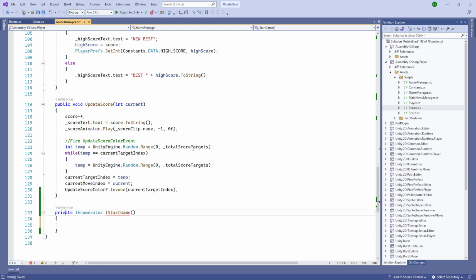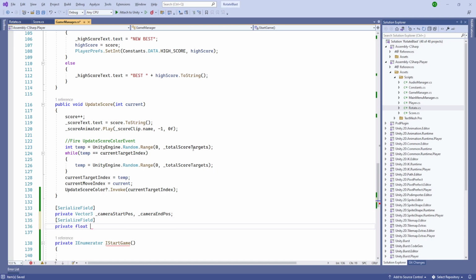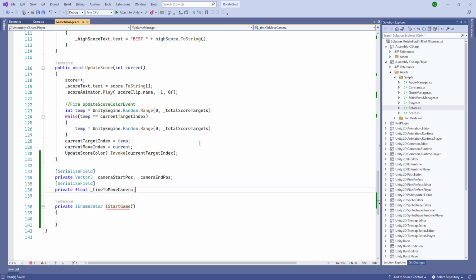So to move the camera is going to need serialized field, private vector 3, our camera start pose, and our camera end pose. So our end pose is just going to be 0, and one more serialized field, private float, time to move camera. And what we are going to do is camera dot main dot transform dot position is going to be our camera start pose,